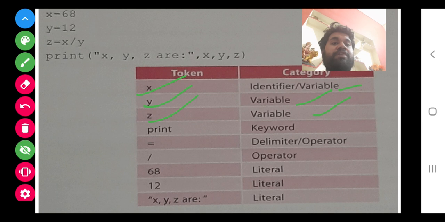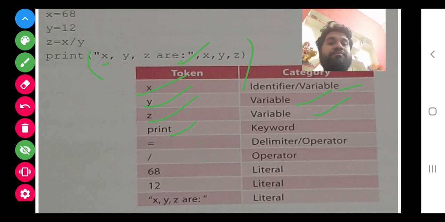Now the only keyword used here is print. Here it is given something wrong under delimiters. This is not a delimiter. The delimiter here is the colon, the commas, the bracket. These are the delimiters.